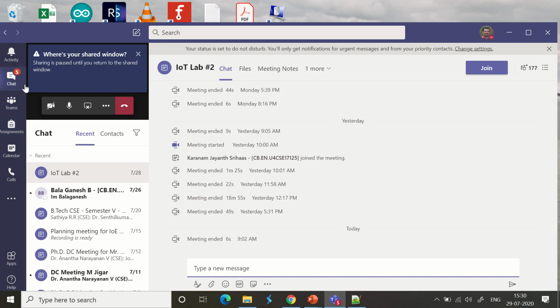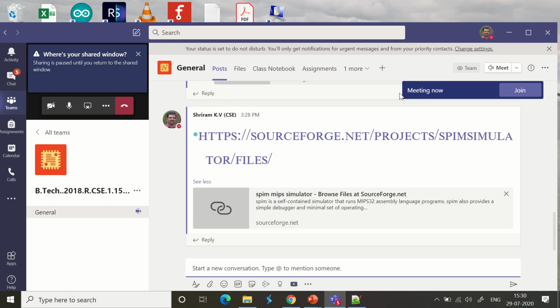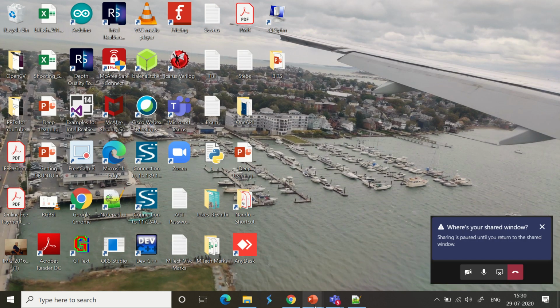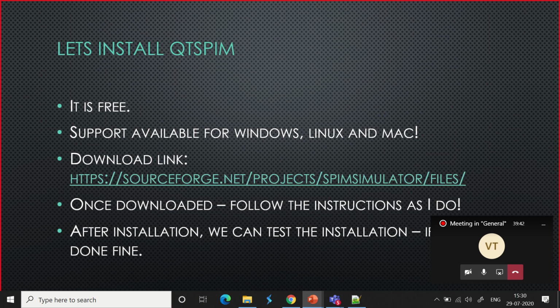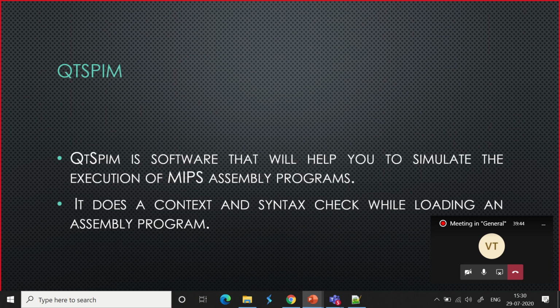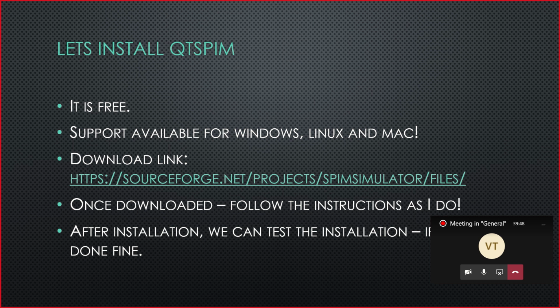Let me find out where exactly our class is. Right. I have pasted it. Just click and download it. It's quite a large file. It might not be visible immediately. It will take time. It's about, I think, a few hundred MBs. So make sure that you download it in parallel. Keep the download on and wait for my instructions once it is complete.